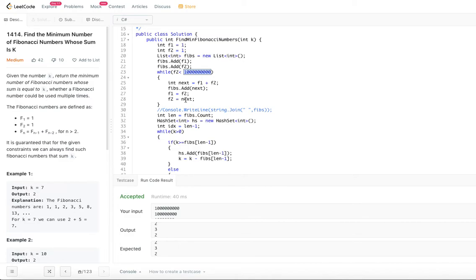So this loop is going to execute around 44 times, not more than that. Since it is 44 for all the given inputs, the maximum is 44, so you could say it's a constant amount. Then come down to this while loop.